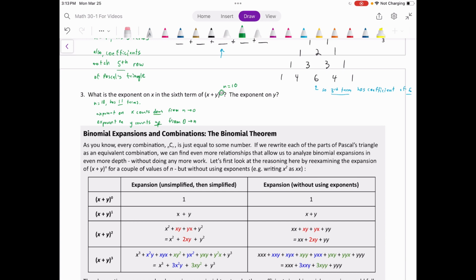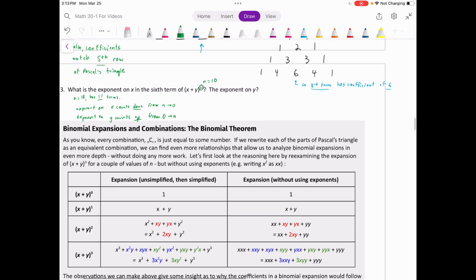So if we think about it, we're going to have something like x to the 10th in the first term, x to the 9th in the second, x to the 8th, 7th, 6th, 5th, and we can just count out where we'll be by the time we get to the 6th term. If we think about the first term, ignoring coefficients, we'll have something like,